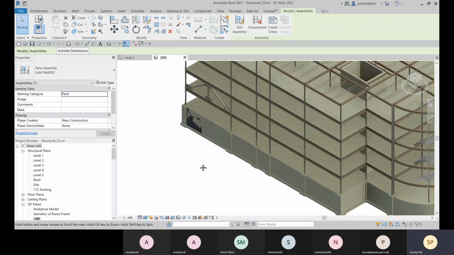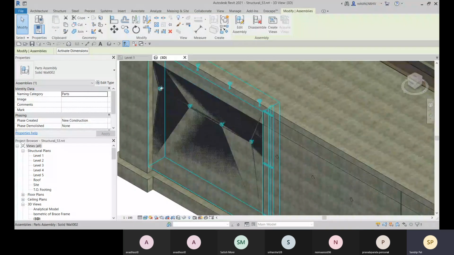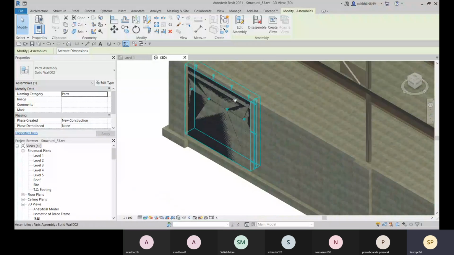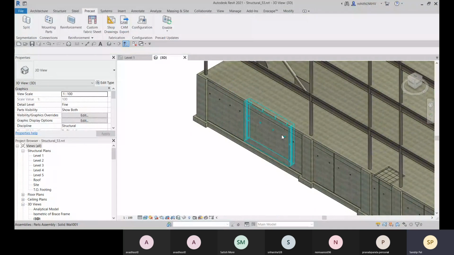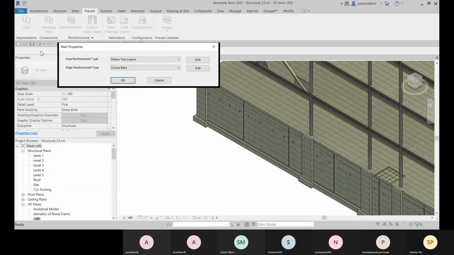Okay, so here you can understand. All right. And now you see that these are the lifters which we have mentioned. As per that, these lifters are available. And if you want to use it as a shear wall, you want to provide reinforcement also. So you can go with this reinforcement. So you just choose the walls. Suppose I'm using these two walls and then go for finish.